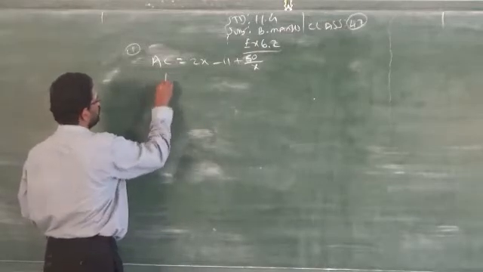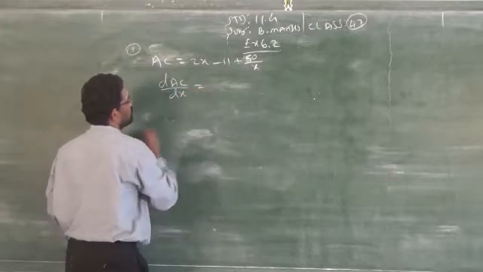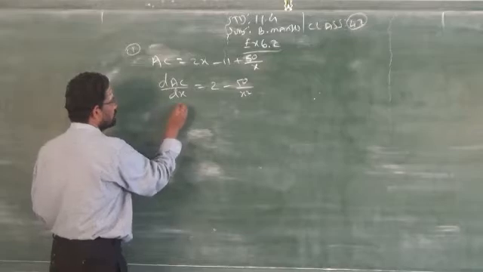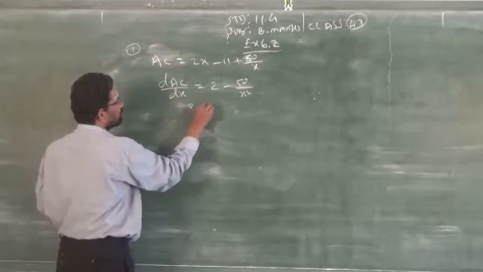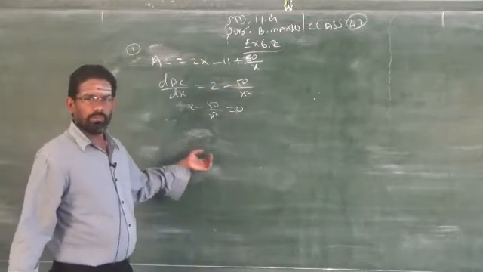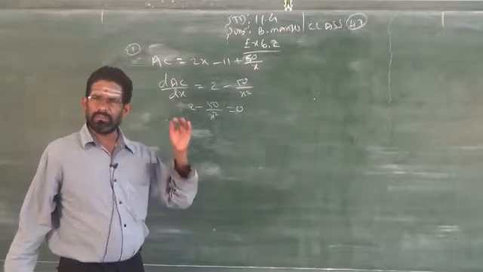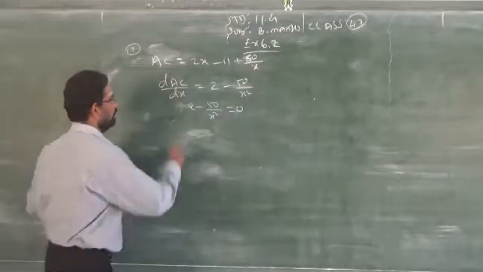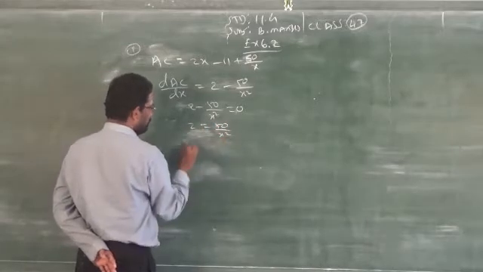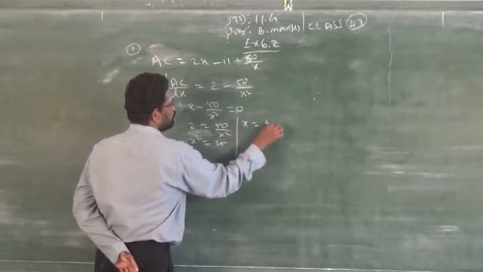First, differentiate the given function with respect to x: 2 − 50/x². The next rule is to set 2 − 50/x² equal to 0. This is common for points of inflection, stationary points, increasing and decreasing intervals, and maximum. All the concepts are common. First order, make it equal to 0, then find x², and you will get x = ±5.